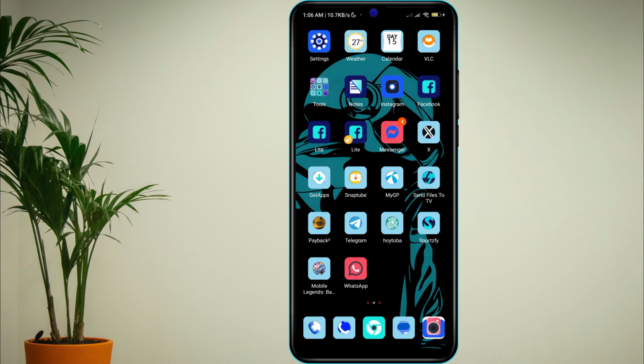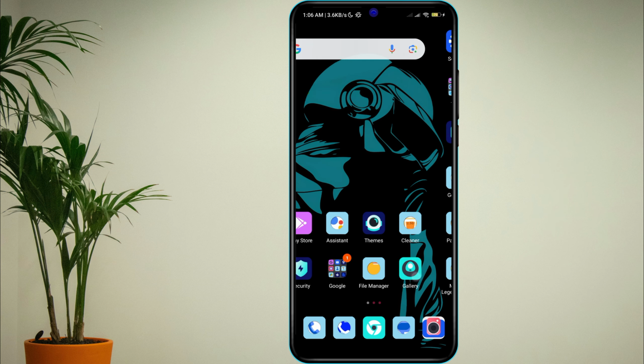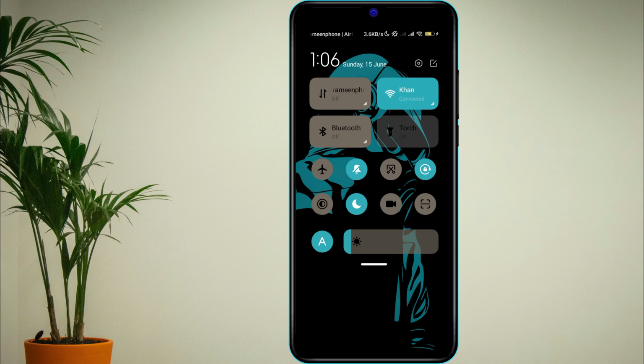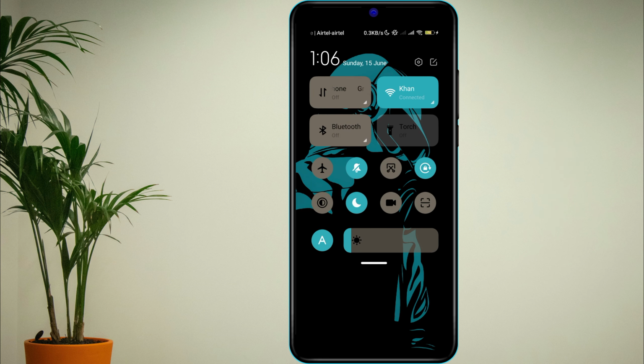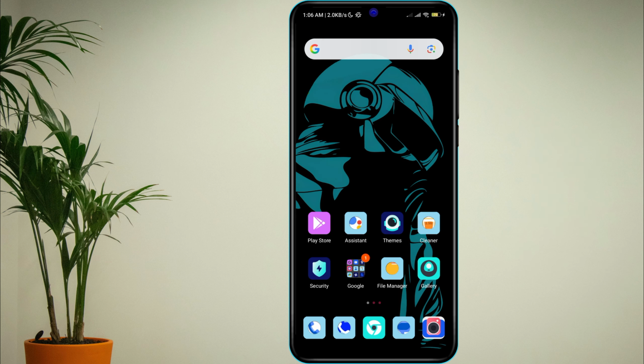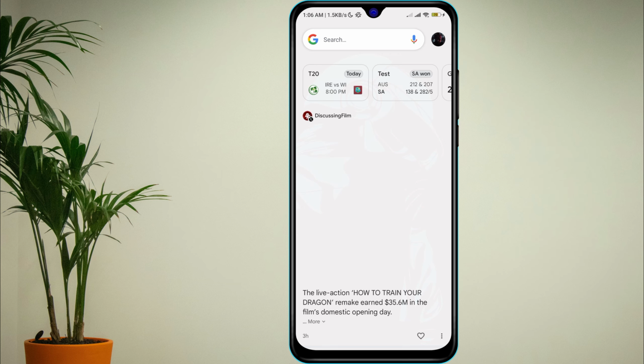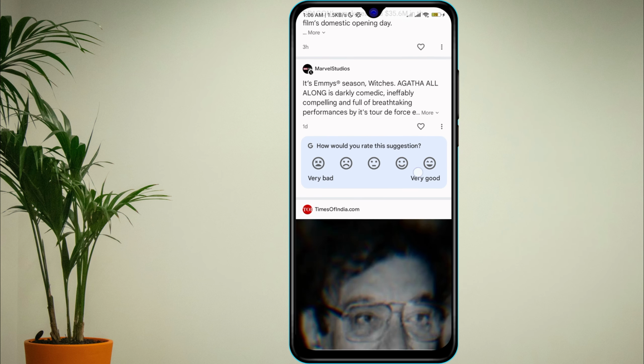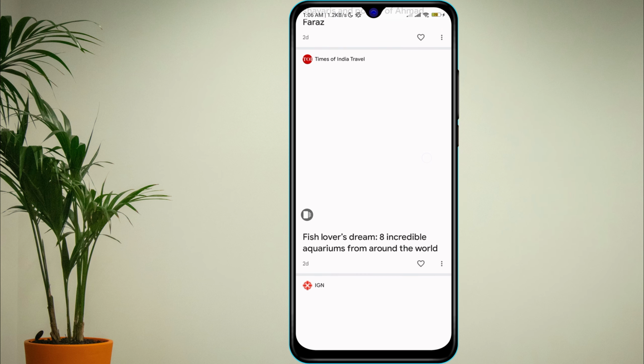If Snapchat messages are not sent on your Android device, the first thing you should do is check your internet connection. Ensure that you are connected to a stable Wi-Fi or mobile data network. If the network is weak or unstable, switch to another one or try turning airplane mode on and